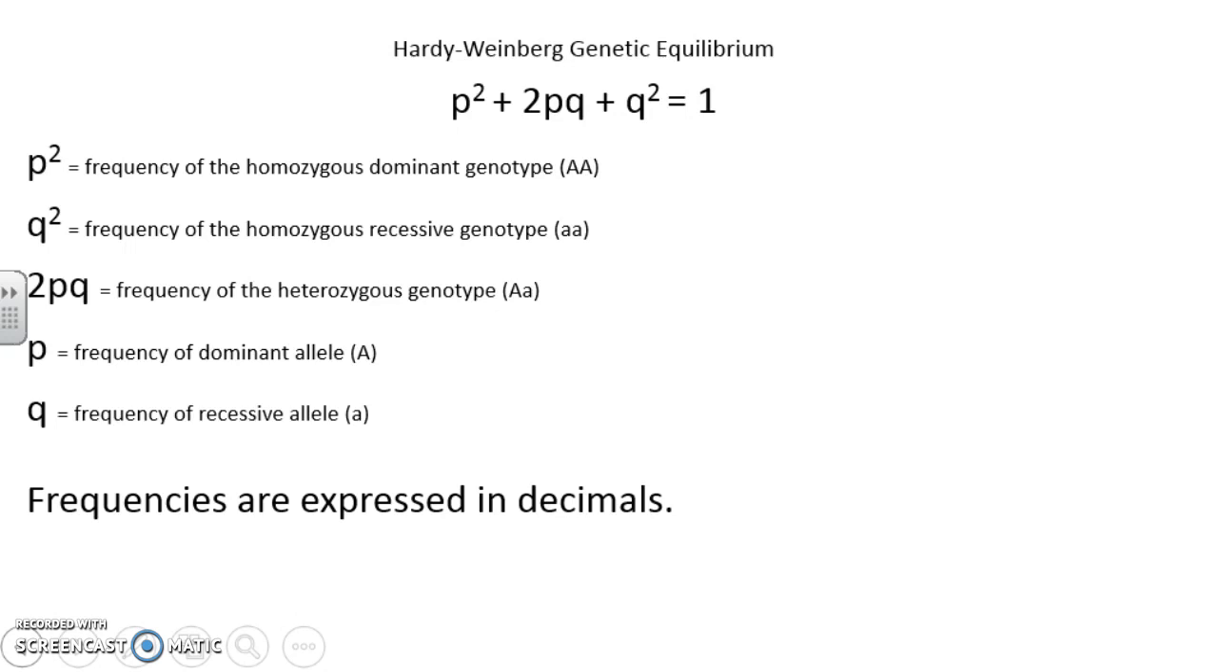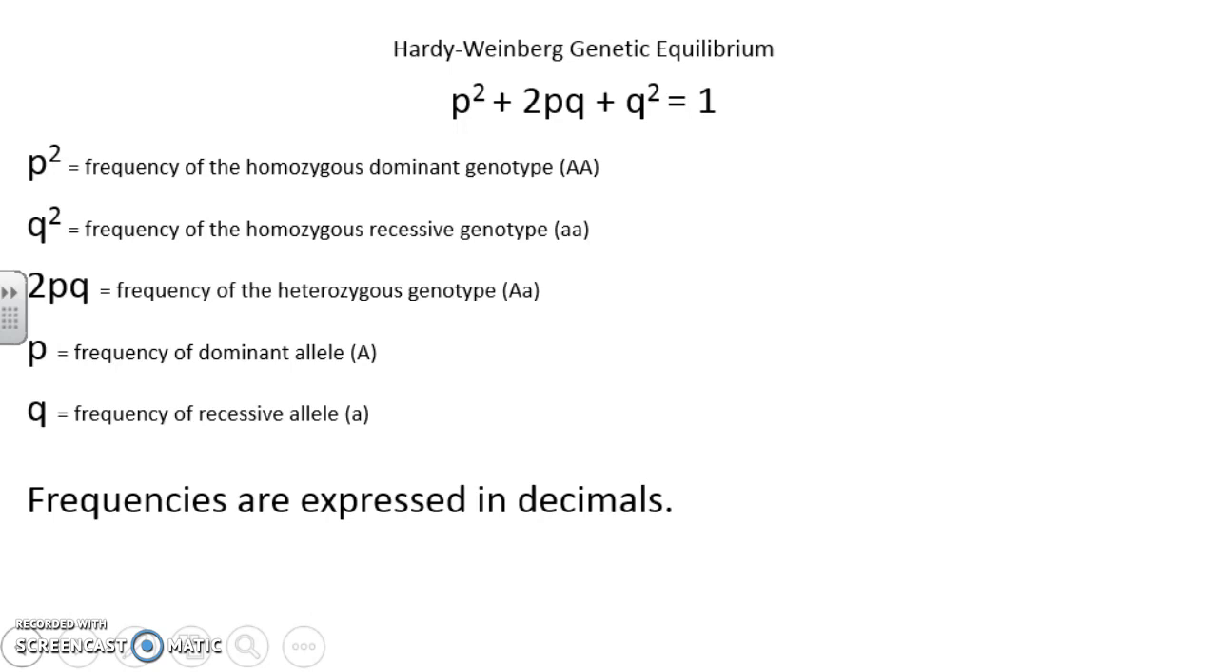Where p squared is the frequency of the homozygous dominant genotypes. Because it is squared, it has two alleles. It's A in this case, both capitals, that's why it's squared. q squared is the frequency of the homozygous recessive genotype. 2pq is the heterozygous. And then p is the frequency of the dominant allele, and q is the frequency